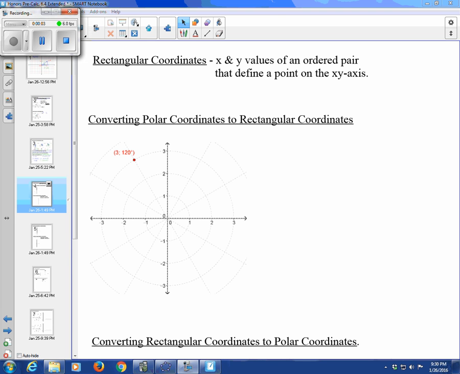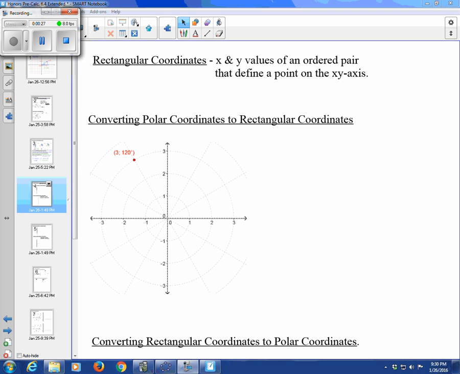Alright guys, so this is our second video for our Flip the Classroom lesson on the polar coordinate system, or the polar plane. And in this video we are going to talk about taking a point defined by polar coordinates and represent it with its corresponding rectangular coordinates. And we're going to talk about taking a point defined by rectangular coordinates and represent it with its corresponding polar